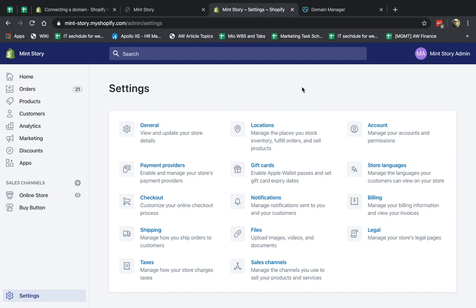This is usually a very, very early step when you set up your store, and I'm going to show you how to do it. It's pretty simple. By default, when you create a store, you get some kind of URL, your business name or subdomain name .myshopify.com. But you don't want to tell your customers to go to, in this example, mintstory.myshopify.com. You want to send them to your actual domain, something.com or something.net or whatever it is.